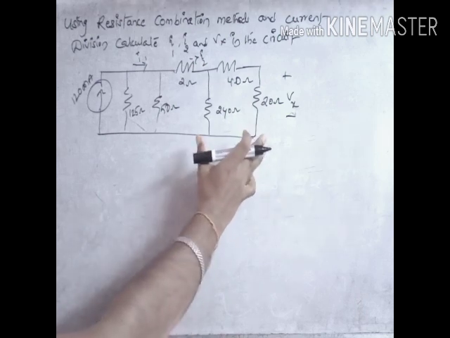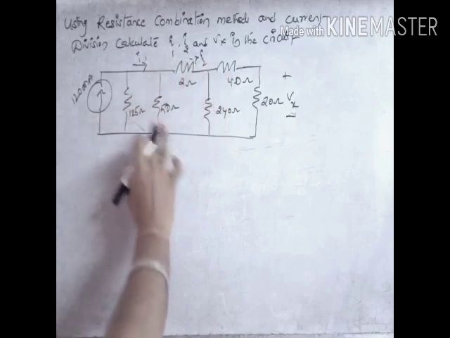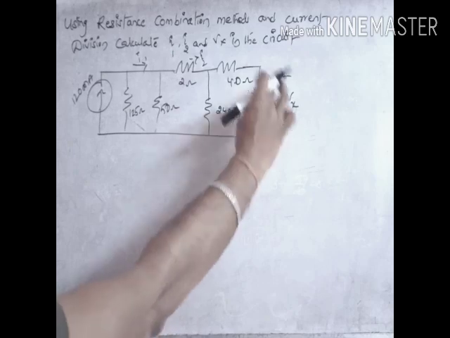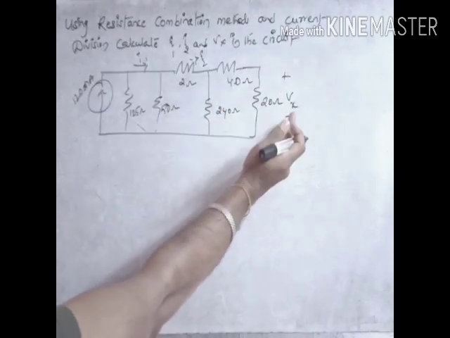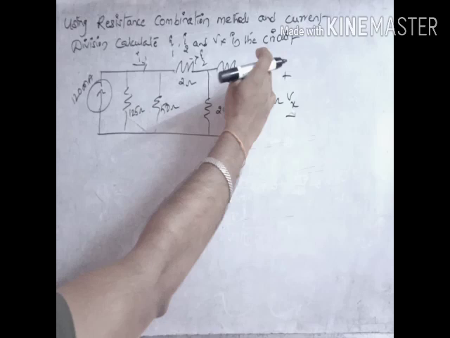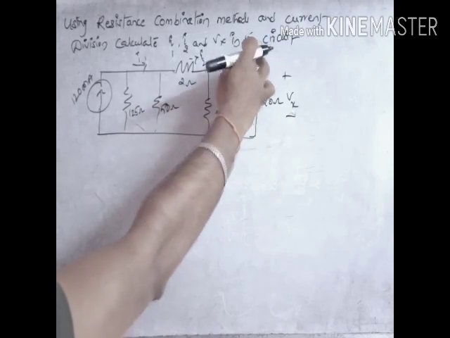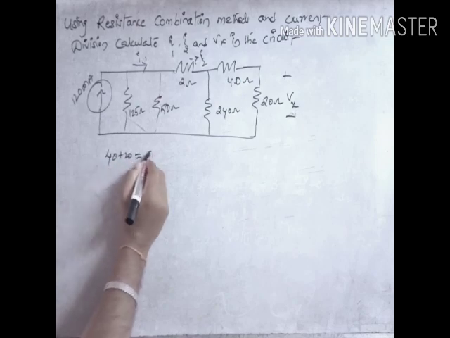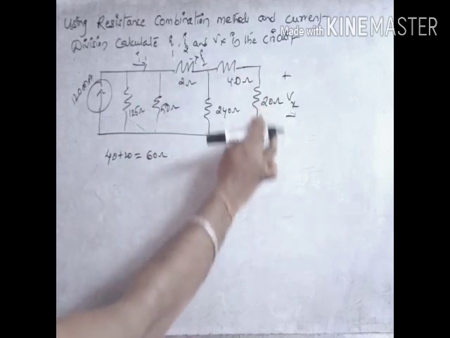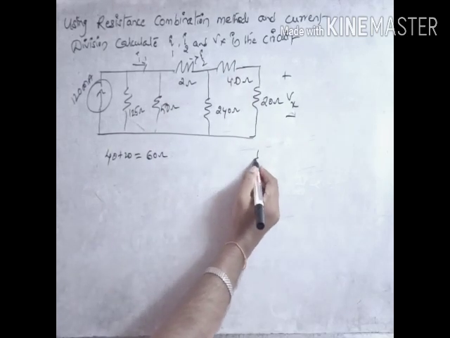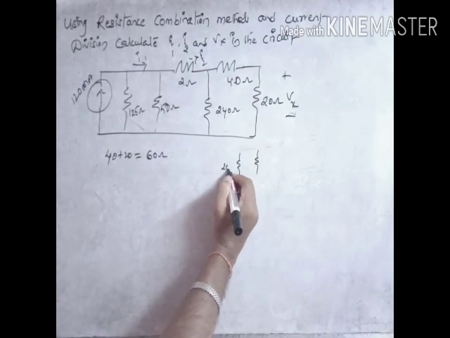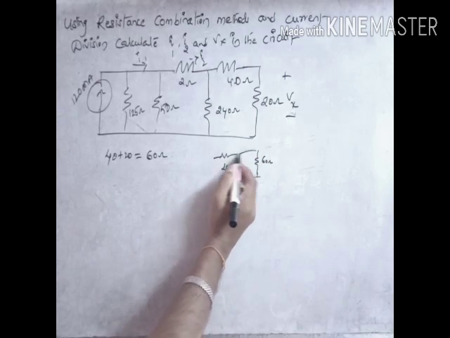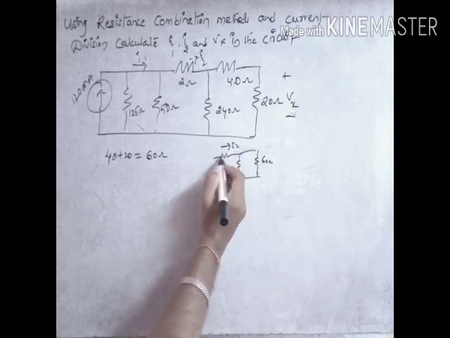So here we first have to simplify the total resistance so that we get the value of current I1. For this, these two resistors are connected in series. We will solve from the right side onwards, that is 40 plus 20 ohms, a total of 60 ohms. Again this total 60 ohms and these 240 ohms are connected in parallel. If we simplify the circuit, this is how it looks.